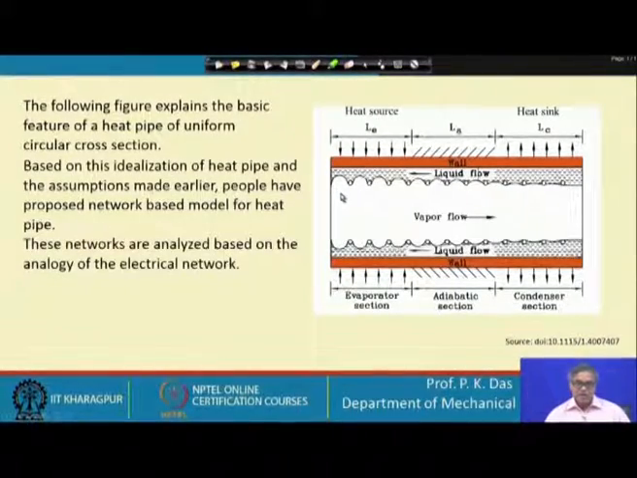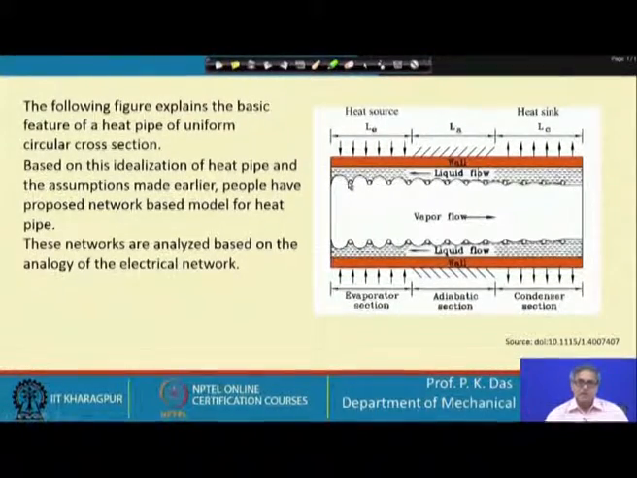So, in the evaporator section, evaporation takes place and liquid is converted into vapor. Here we are getting this kind of geometry of the free surface or meniscus. That is one aspect of it, that means liquid evaporation is taking place, and that is why we are getting this. But there is another aspect: these curvatures are very important, because due to the presence of the curvature at